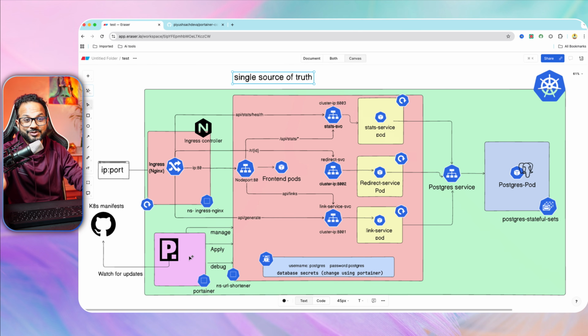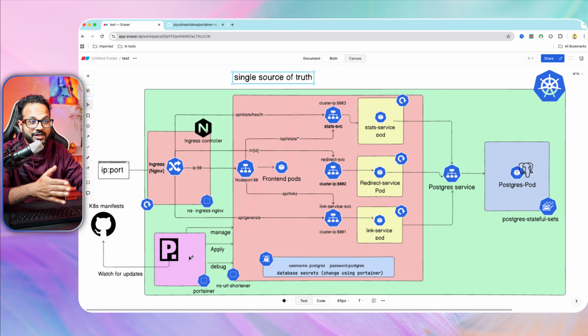So it saves you a lot of time. It saves you a lot of hassle of using multiple tools for each of these purposes. It will provide you a UI. It will provide you GitOps features. It is easy to set up, easy to use, and it's really a game-changing application when it's used along with